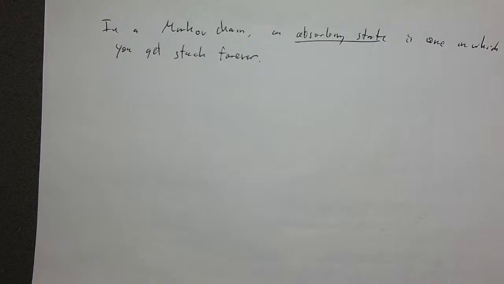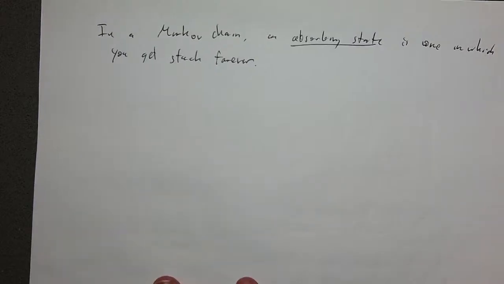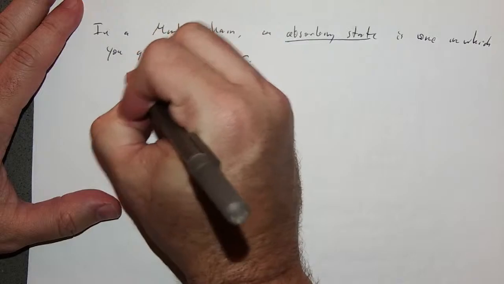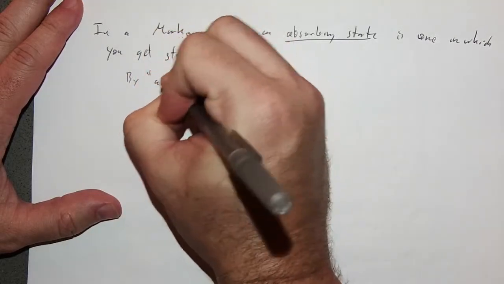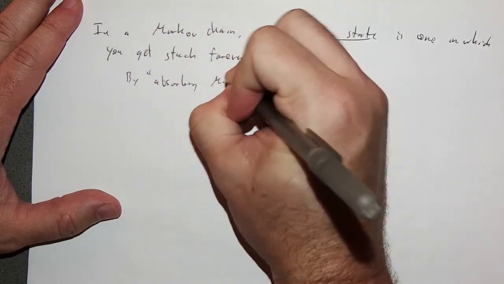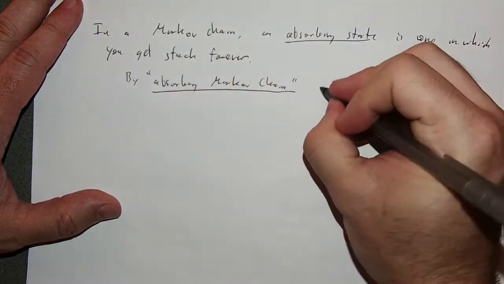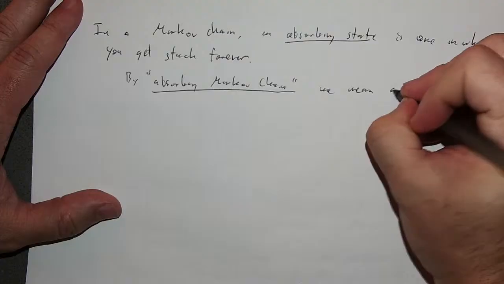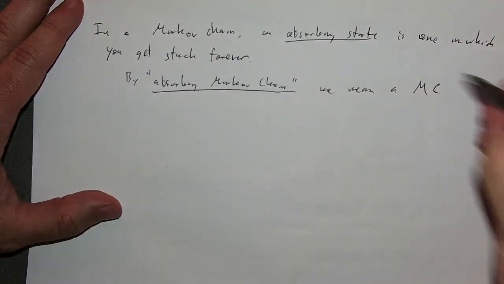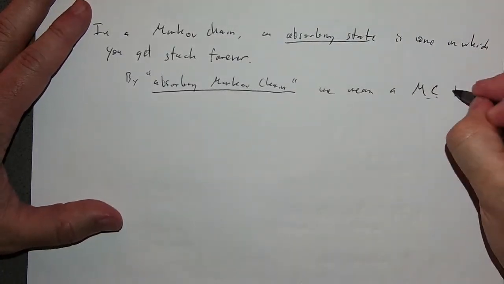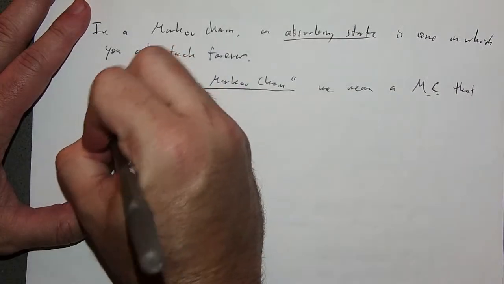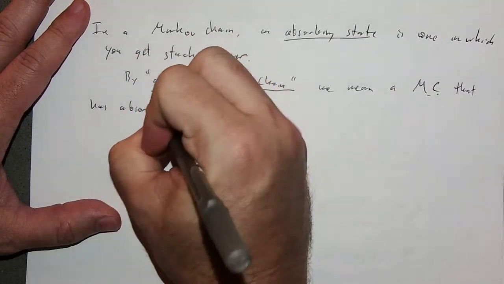By an absorbing Markov chain, what we actually mean is that it's a Markov chain that has at least one absorbing state. And the point that maybe I should go and write out, so by absorbing Markov chain, we mean a Markov chain, I'm just going to write it as MC, that has absorbing states,